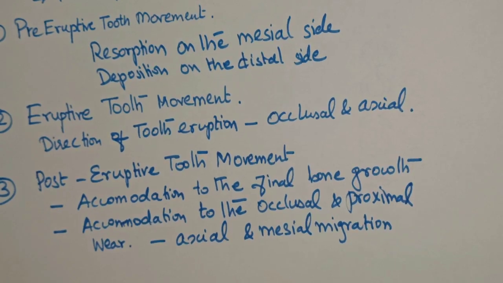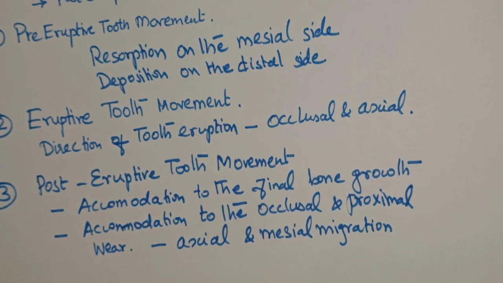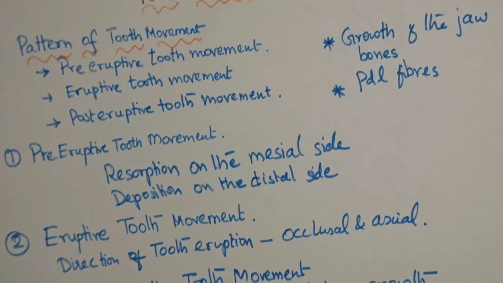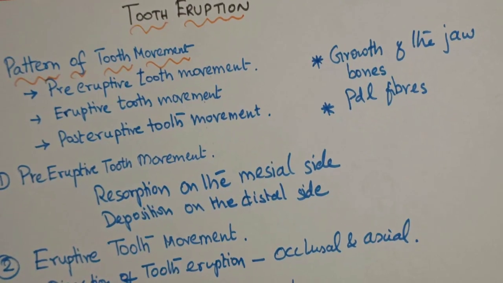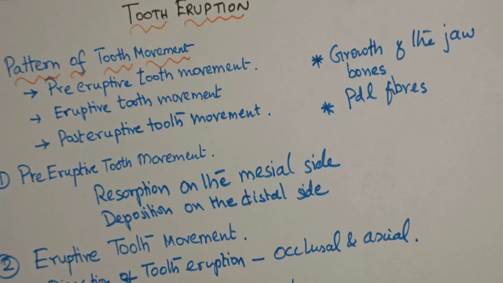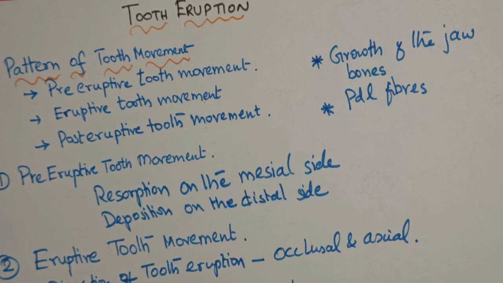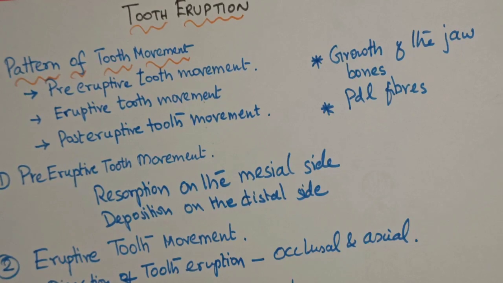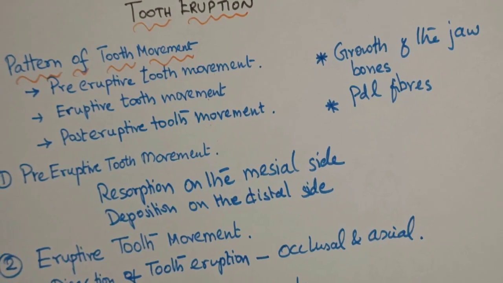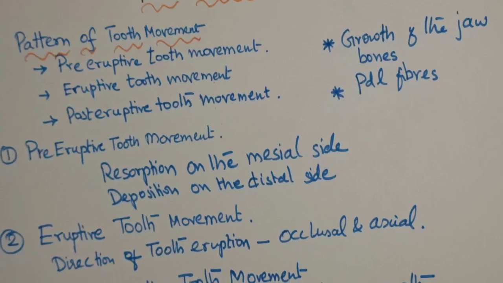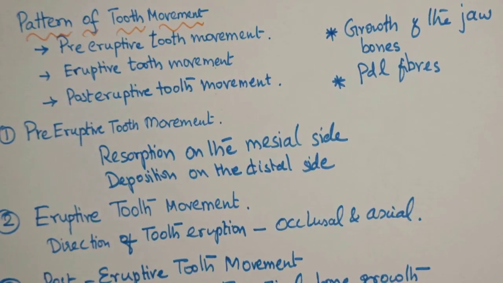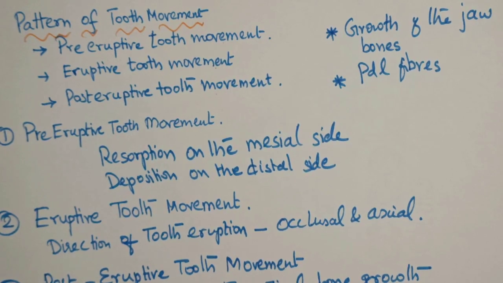So what we saw in tooth eruption is nothing but erupting of the newly formed tooth into its functional position, where the growth of the jaw bones has to take place in order to accommodate the position of the erupted tooth or the erupting tooth. Okay, so in that you have three physiological patterns of tooth movement, that is pre-eruptive,